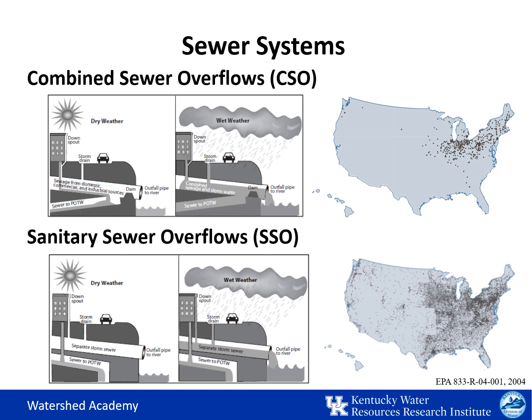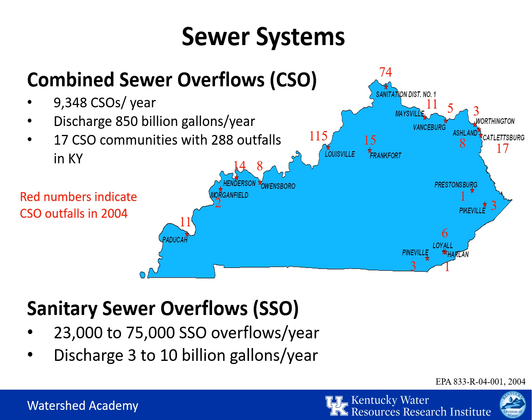The maps show where these overflows occur. SSOs are much more numerous than CSOs. However, CSOs contribute much larger volumes of flow and associated pollutants. The maps and statistics on this slide and the previous slide are from the 2004 NPDES CSO Report to Congress. A number of these CSOs have been corrected since that time, but this provides a state-level comparison between CSO and